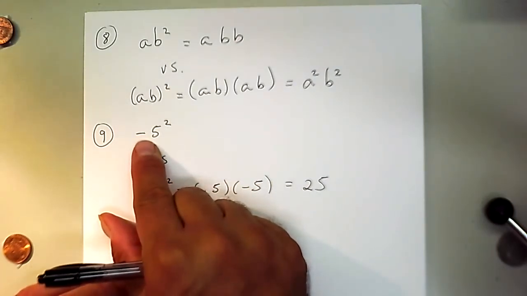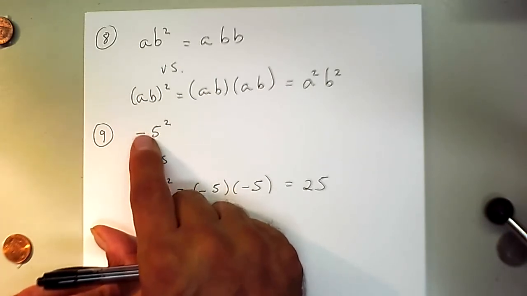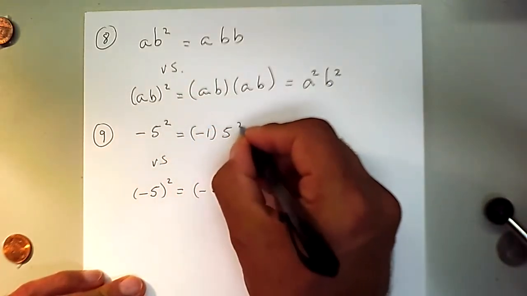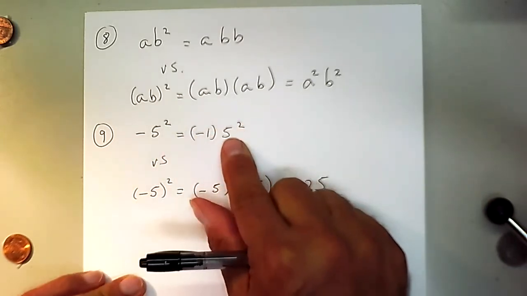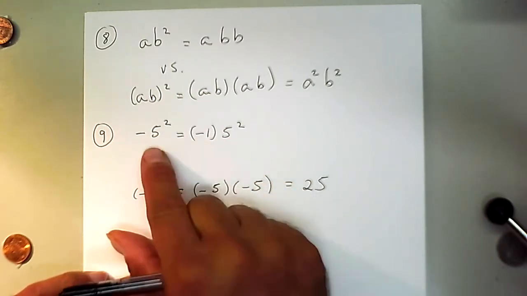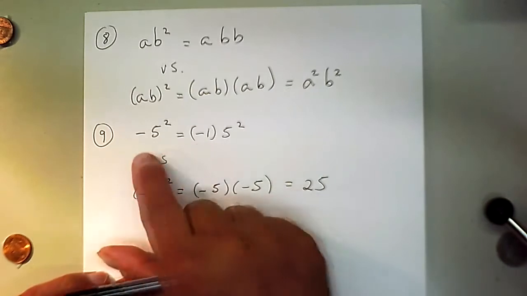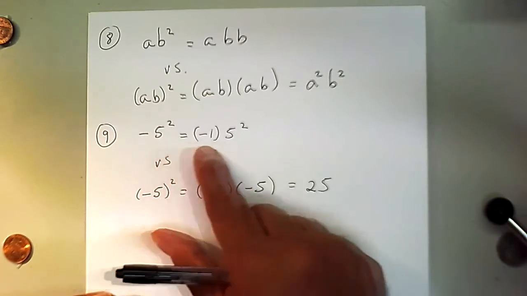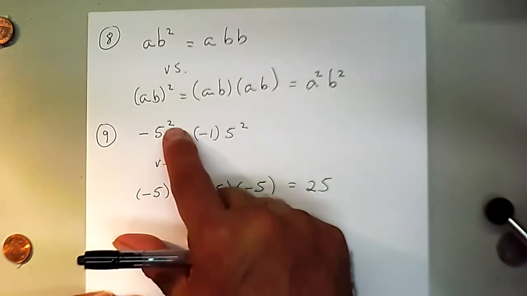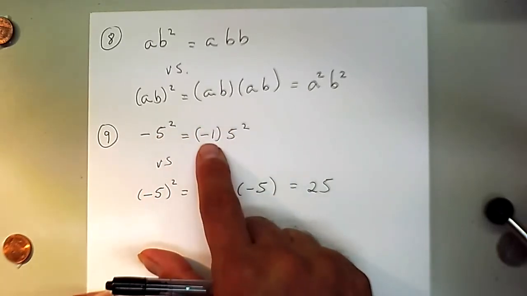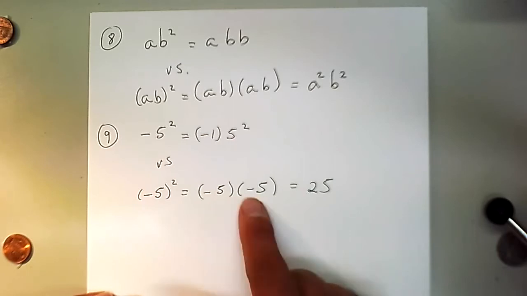And it is quite tricky. It's not very obvious to see that this is not the same. Think of this as negative 1 times 5 squared. So the 2 is actually attached to the 5, not to the negative 1. If this doesn't seem correct to you, please fix it in your mind, because this is the way all of the math people think when they see a negative number, say negative 5 squared. We think of a single negative, not two negatives, as in this case.